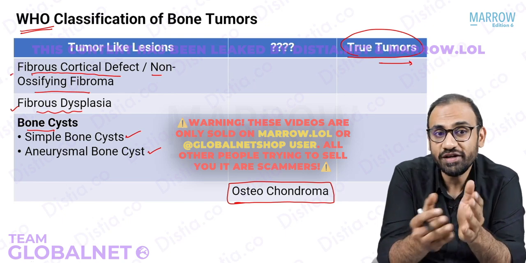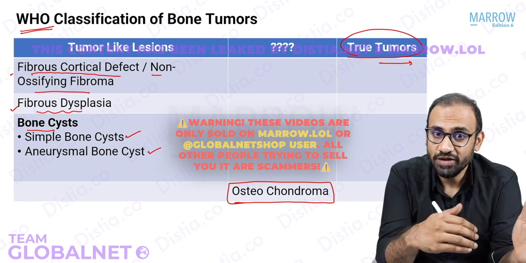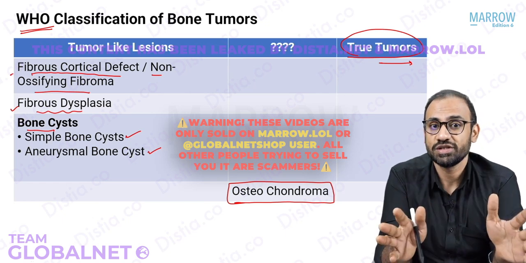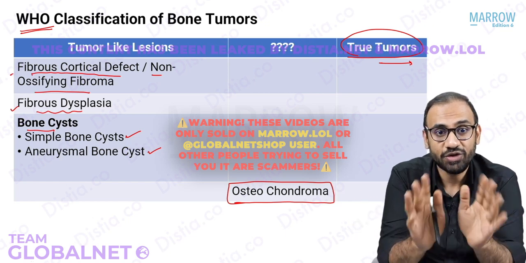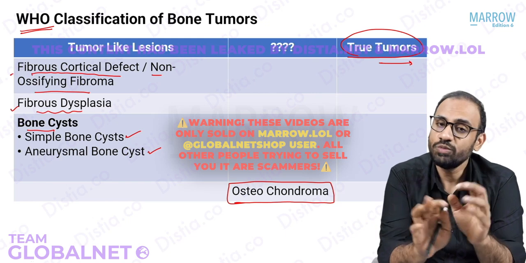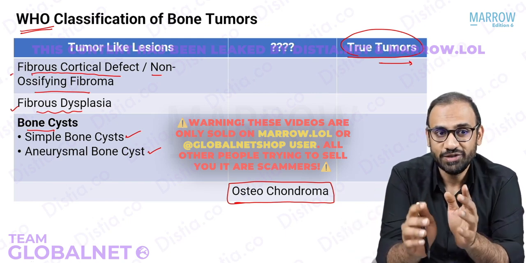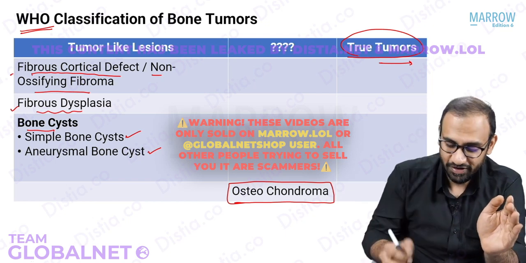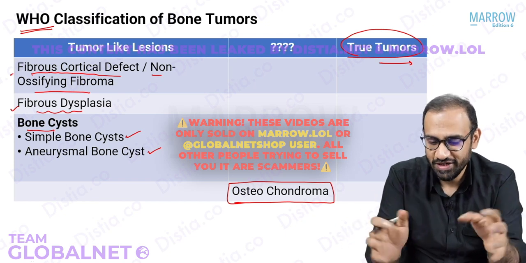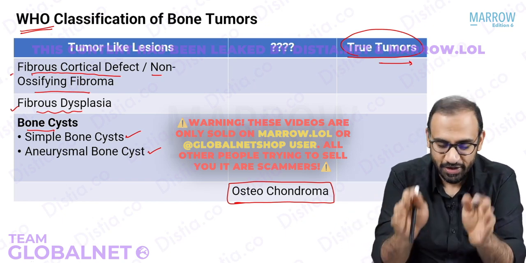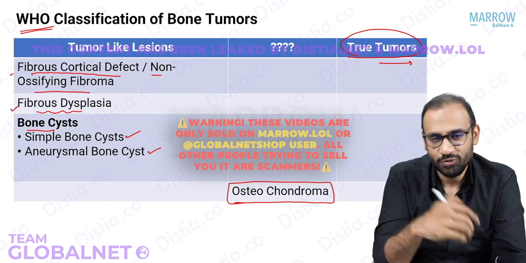And the reason they do not consider it a tumor is because usually it stops growing as the skeleton matures, which means that at any one point in time, it will stop growing. And we know that by definition, a tumor should never stop growing. But it does stop growing. That's why it is ambiguous. And we have kept it right here in the middle between tumor-like lesions and the actual tumors. Details I'll talk about later. Right? So let's start with tumor-like lesions, then we will discuss osteochondroma, and then move on to the tumors.